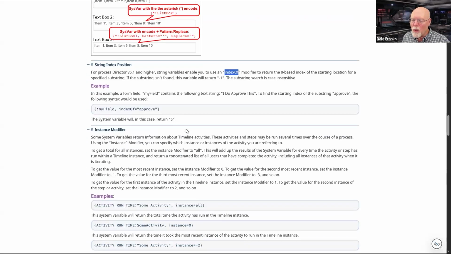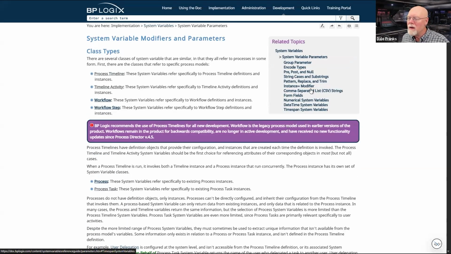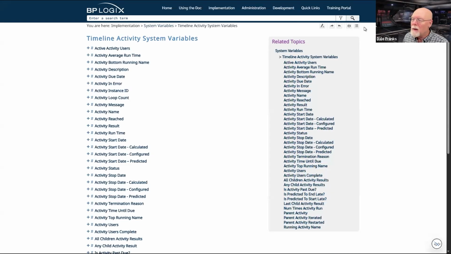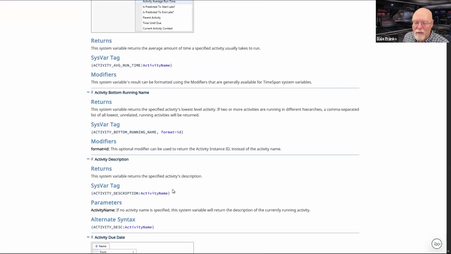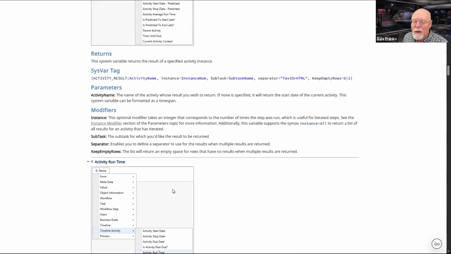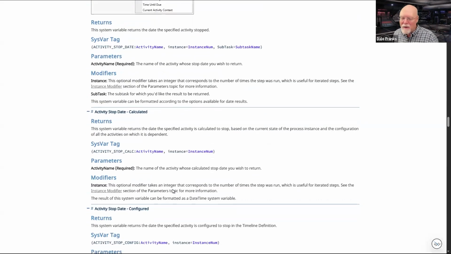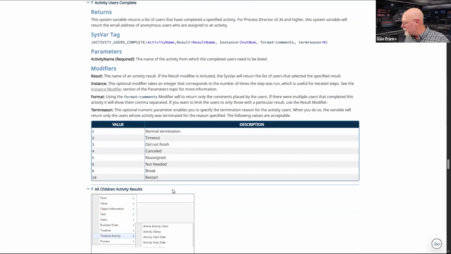I also believe there is a way to do an index for this, and I want to check. I don't remember where it is. I know it's in the documentation somewhere, and I know it's in the system variable documentation, but I don't know exactly where it is. And I'm going to expand all of these as well so that I can see it. But I'm actually looking for, all right, I've forgotten it off of the top of my head. You may have to remind me later to pull it to show you, but I'm seeing the tyranny of time,